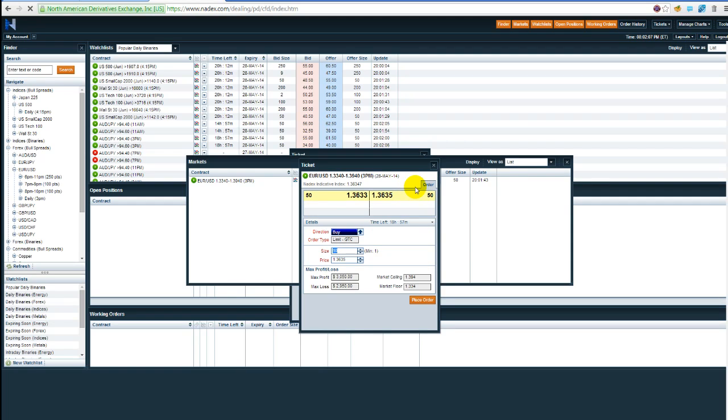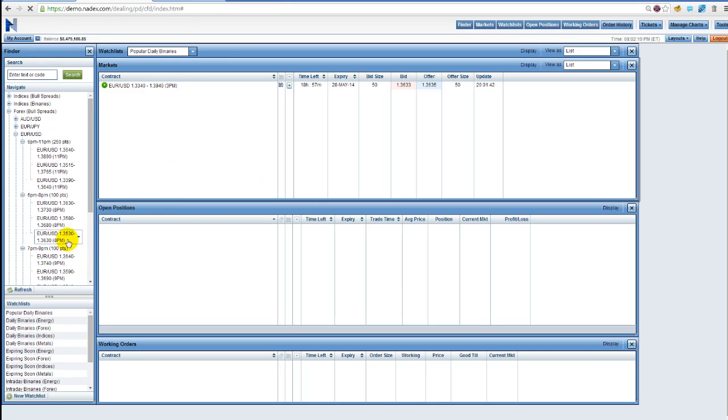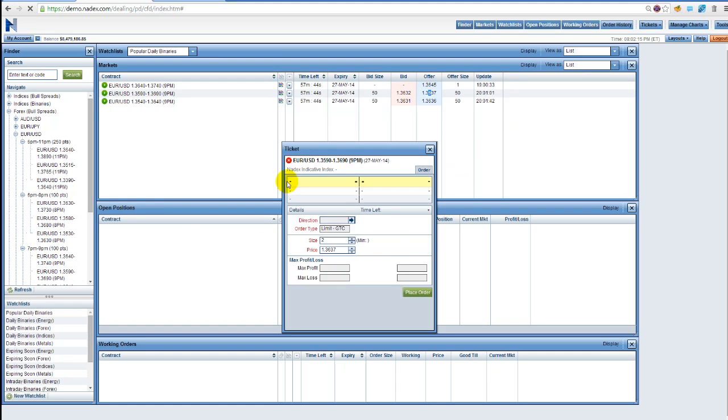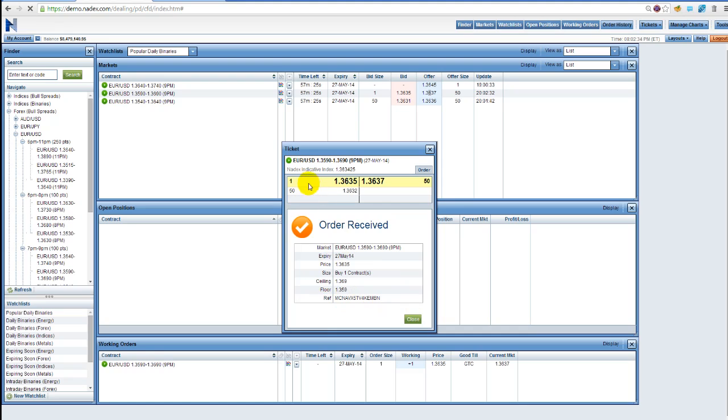That's best quote. If I go in, I don't want to do this on a live account. But if I go in here and put in a trade, this is quoting at 36.37 by 36.32. So I say I'll buy it for 36.35. Then watch how this 50 number up here turns into a 1, because I'm placing my order inside the bid and offer. So right there, notice that's 1 and now 50. So it's showing me the best price and the volume available at that price. If I want to see the depth, not volume, but the liquidity available at that price, the limit orders available at that price,